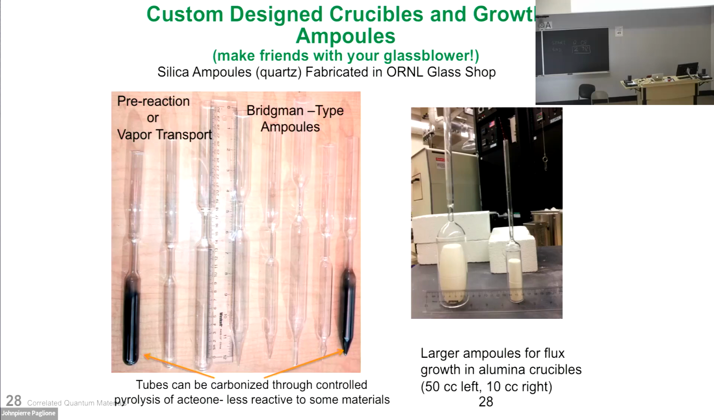If you use larger ampules for flux growth, like I often use these 10 cc crucibles, you put quartz wool on the top and your reactant at the bottom. The glass shop makes these things for me. It's two pieces, a little top and a bottom, and they actually will seal this under vacuum for me, keeping the bottom cool. This is the sort of thing that is very difficult to